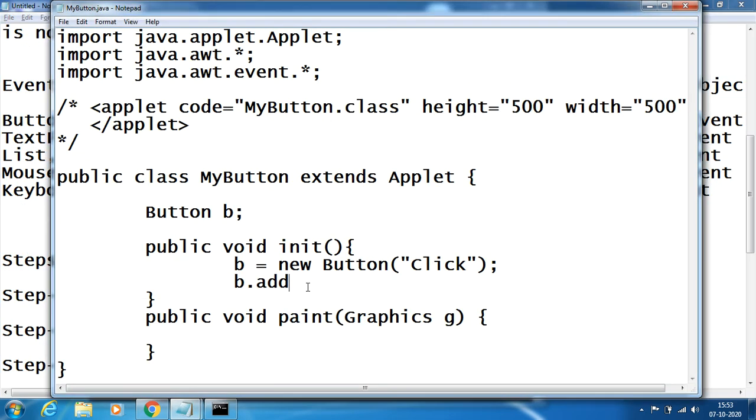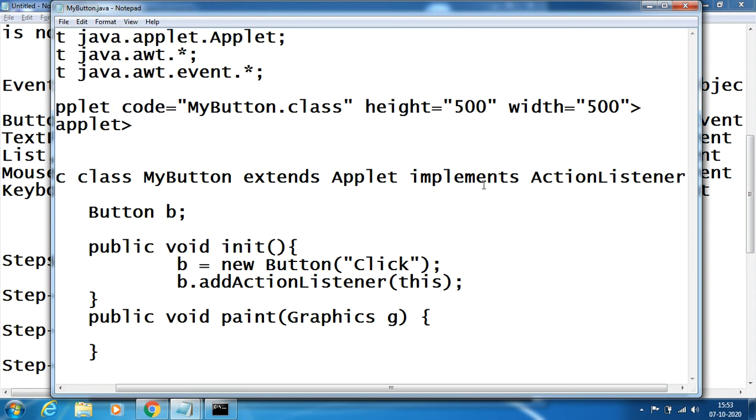So add action listener of this. This is the current object. After this, third step is what? Implement. Implements action listener.